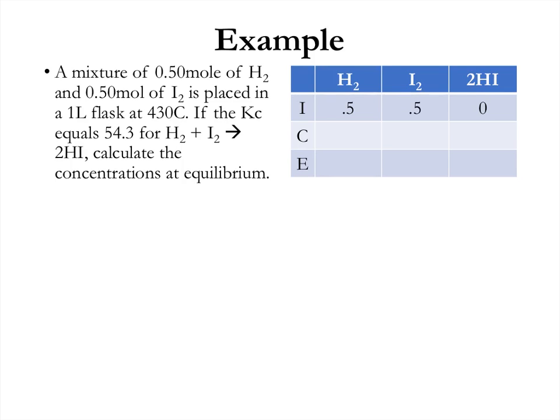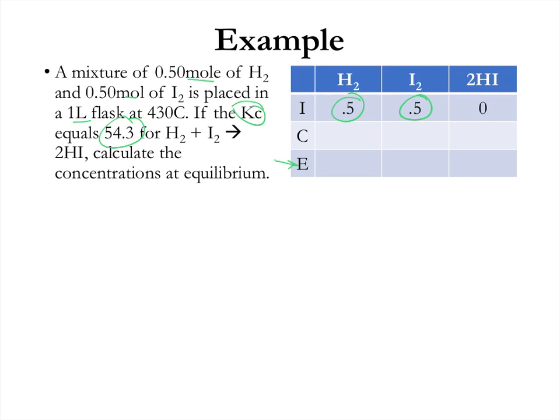Okay, so for this problem, we have a mixture of 0.5 moles of hydrogen, 0.5 moles of iodine placed in a 1-liter flask. So if we have moles and liters, we have the initial concentrations of 0.5 and 0.5 molar. We have no hydrogen iodide initially. It gives us the Kc value, and it's asking us to calculate the concentrations of all of our species at